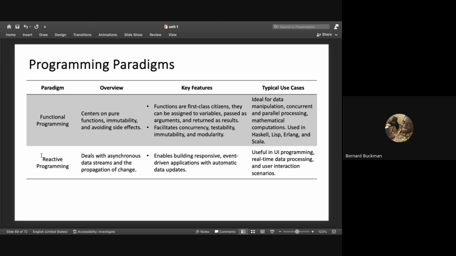Then we have another type of programming paradigm or style we call reactive programming. Reactive programming is used when you want to build programs which run multiple things at the same time, which we call concurrent or asynchronous programming. You are building maybe UI environments where you click on something and something happens, or you push a button and something happens. We call that type of programming reactive programming.